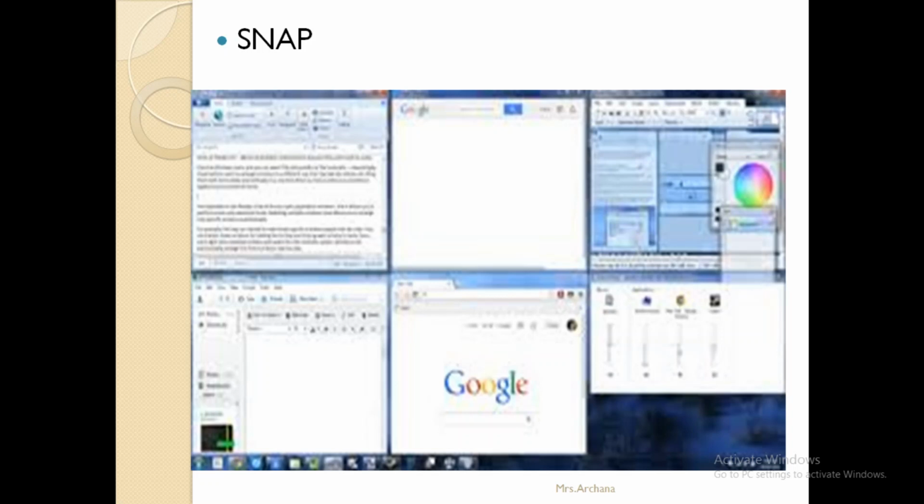Suppose here in this picture I have shown you 6 pages are open. These 6 pages we want to see in a single desktop screen. That time we will use this snap feature. Here see, we are able to see these 6 applications or 6 pages. Yes or no? So this is possible due to this snap feature.